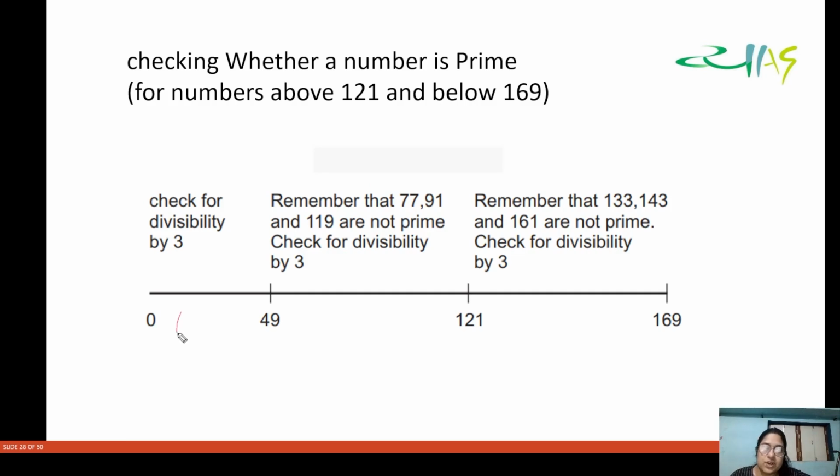सो बेसिकली 0 से 49 के बीच में आप क्या करेंगे कि 3 से डिविजिबिलिटी चेक करेंगे। ओके, बिकॉज 2 और 5 से डिविजिबिलिटी तो आपको दिख ही जाएगी। यहाँ पे आप 49 से 121 के बीच में कोई नंबर प्राइम है या नहीं, इसके लिए क्या करेंगे, इतना याद रख लीजिए कि 77, 91 और 119 प्राइम नंबर नहीं है। उसके बाद आप 3 से ही डिविजिबिलिटी चेक करेंगे, बिकॉज 2 और 5 से तो आपको डिविजिबिलिटी दिख जाएगी। एंड सिमिलरली अगर आप इतना याद रख लें कि 133, 143 और 161 प्राइम नंबर नहीं है, तो आपको सिर्फ 3 से ही डिविजिबिलिटी चेक करनी पड़ेगी, क्योंकि 2 और 5 से दिख जाता है। ऑलराइट, नाउ लेट्स मूव फॉरवर्ड।